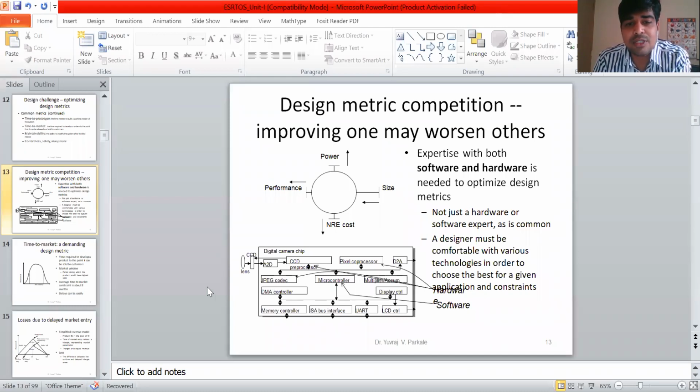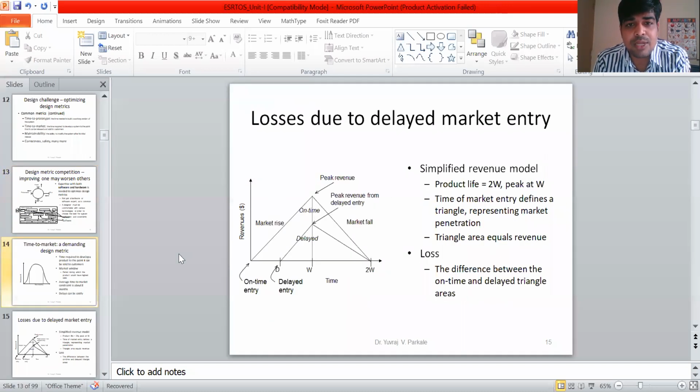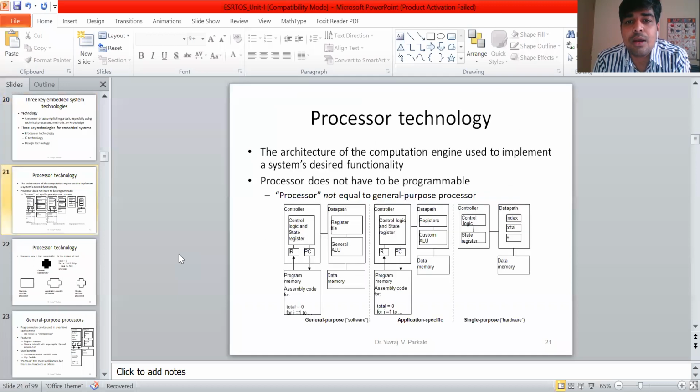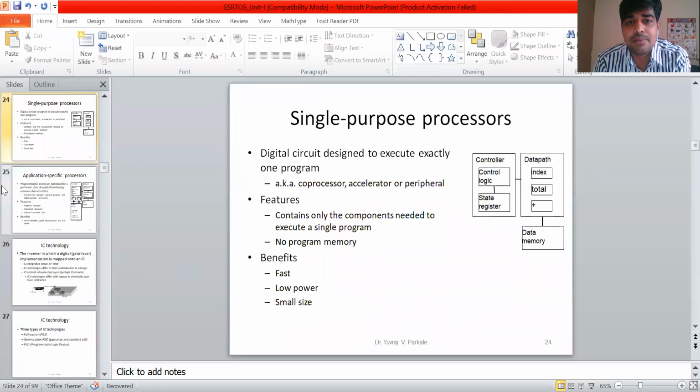The function of this JPEG coder is only a single function: if it is a JPEG coder, it will encode your image or video, and if it is a JPEG decoder, it will decode it. So these functions are fixed, which means I will require only a specific group of hardware. That is the technology called a single purpose processor. So coprocessor, accelerator or peripheral are examples of single purpose processors.